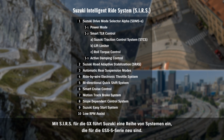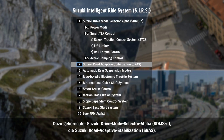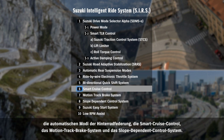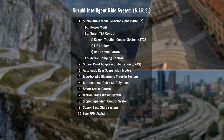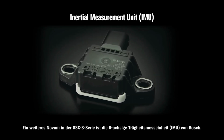SIRS for the GX introduces a number of systems that are new to the GSX-S series. This includes Suzuki Drive Mode Selector Alpha, SDMS Alpha, Suzuki Road Adaptive Stabilization, SRAS, automatic rear suspension modes, the Smart Cruise Control, Motion Track Brake System, and Slope-Dependent Control System. Marking another first among the GSX-S series,